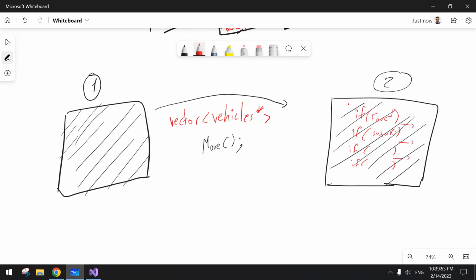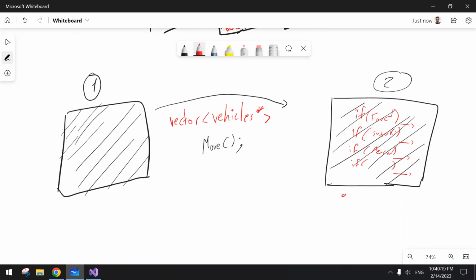If it's a Ford, move this way, if it's a Suzuki, move that way, if it's a Mercedes, move that way. So instead of doing all this headache, we just simply enable polymorphism in move, and then I can just iterate